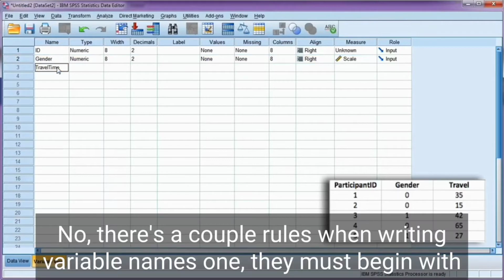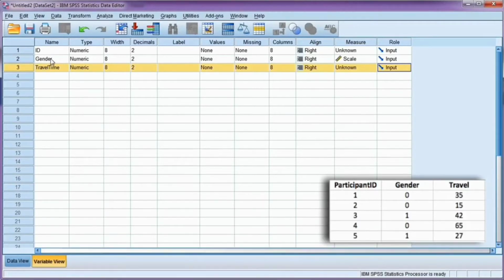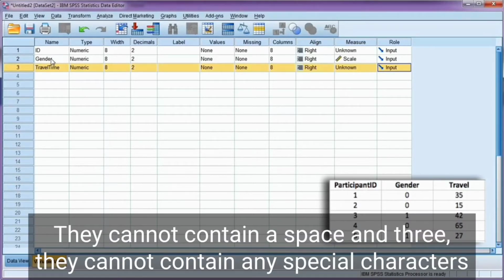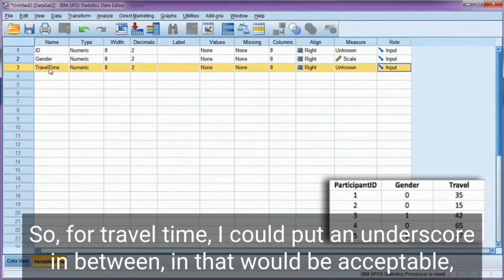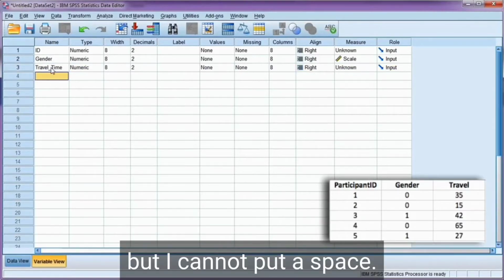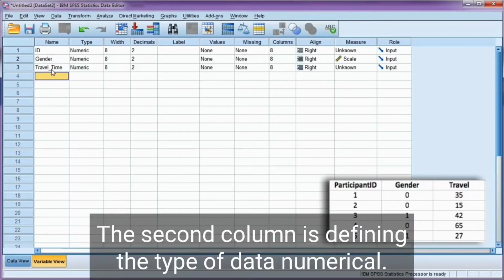Now, there are a couple of rules when writing variable names. 1, they must begin with a letter. 2, they cannot contain a space. And 3, they cannot contain any special characters except for an underscore. So for travel time, I could put an underscore in between and that would be acceptable, but I cannot put a space. The second column is defining the type of data,